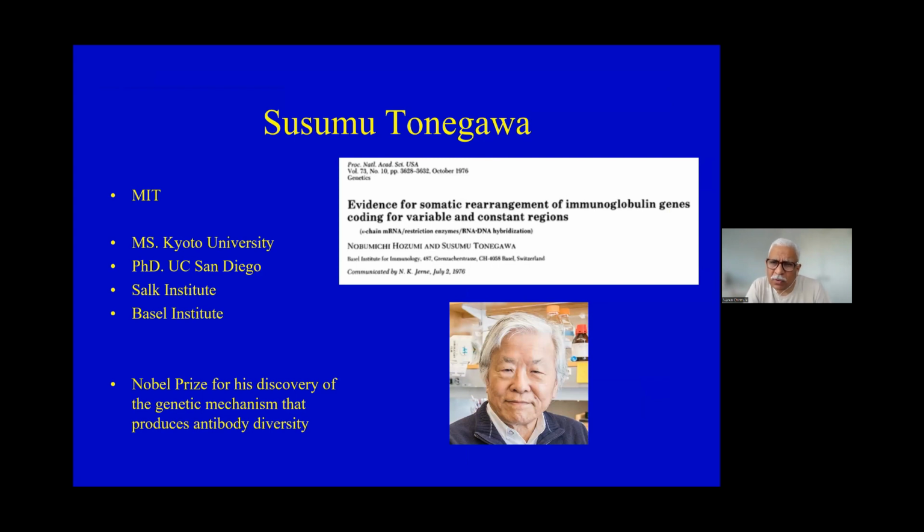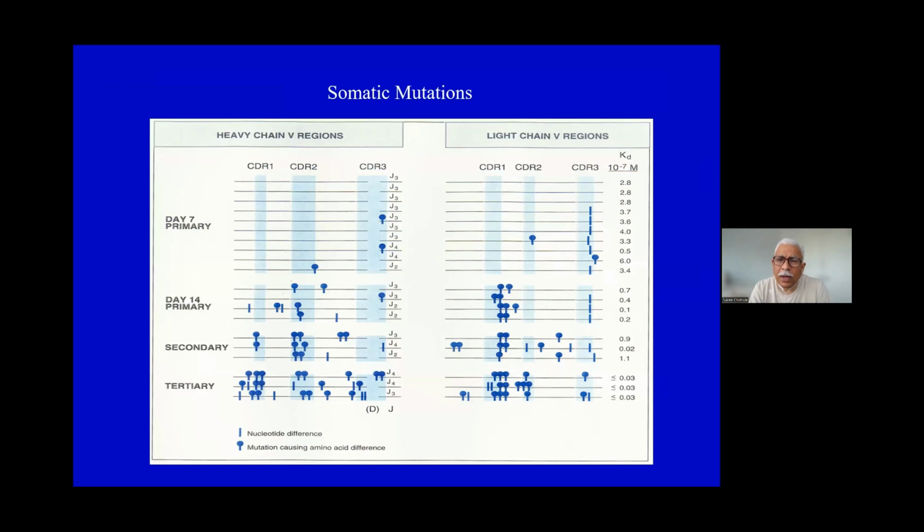And this is a very unusual phenomenon that occurs in mature B cells after the B cells have left the bone marrow and come into the periphery, and are now present in the lymph node. It is a phenomenon that occurs after the B cells have been stimulated with a primary, secondary, or tertiary, let's say, vaccination. Like when we were all vaccinated with COVID, and you get one dose of the vaccine. When you get that dose, the vaccine goes into the lymph node, and it stimulates B cells to